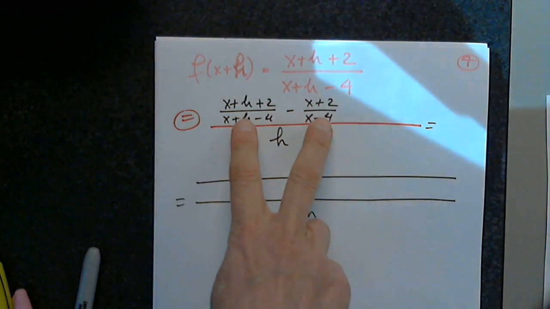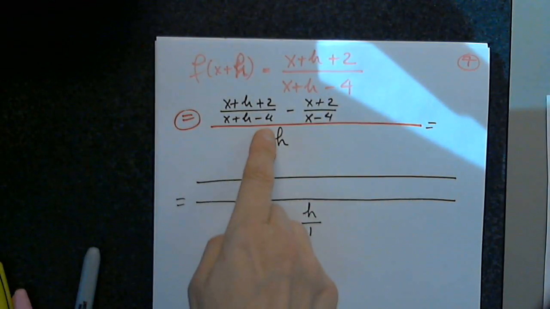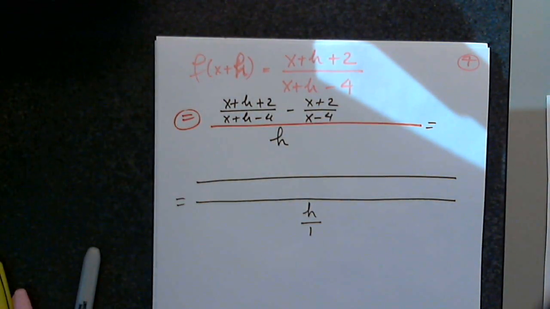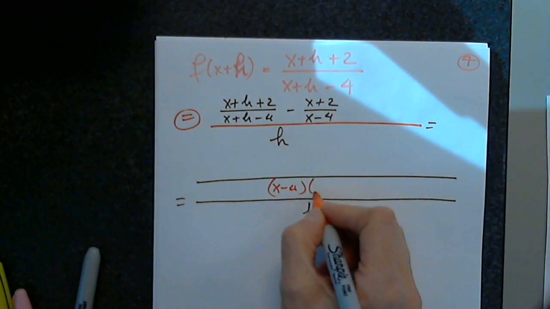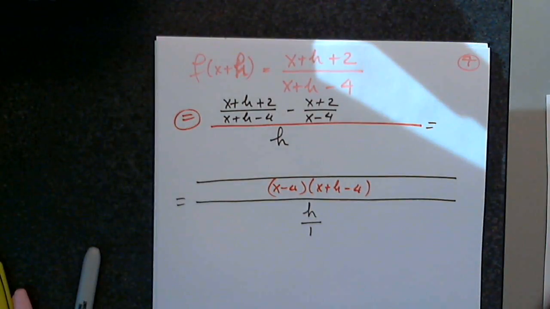So now remember, these two have 0 factors in common. Right. So it's like 2 and 3. What is the least common denominator? It's 2 times 3. Same thing here. x plus h minus 4 and x minus 4 have nothing in common. So it must be the product of x minus 4 and x plus h minus 4. It's not important if you put x plus h minus 4 first and x minus 4 second. However, this is the correct